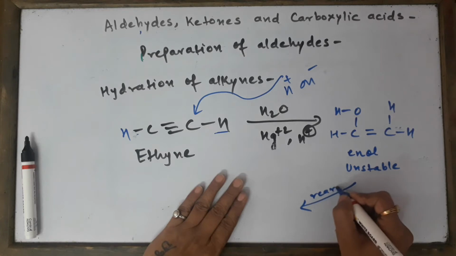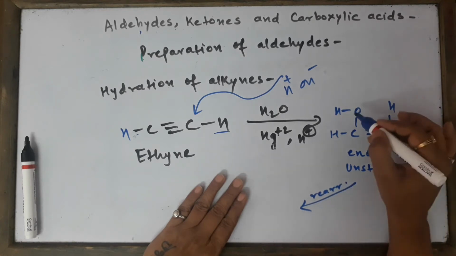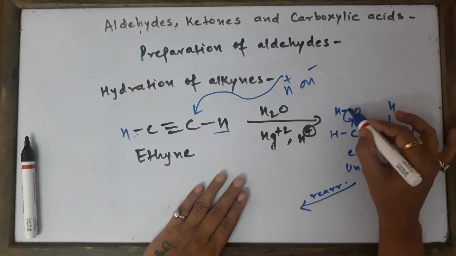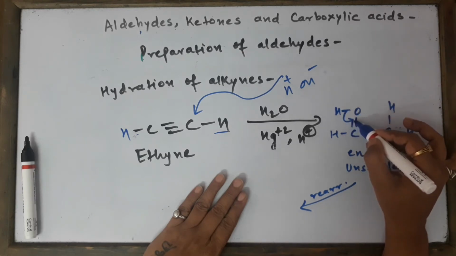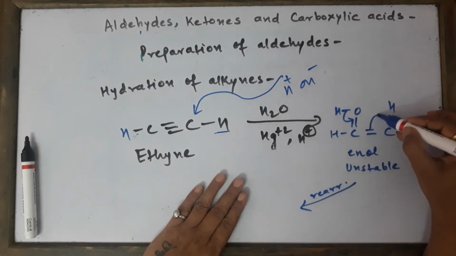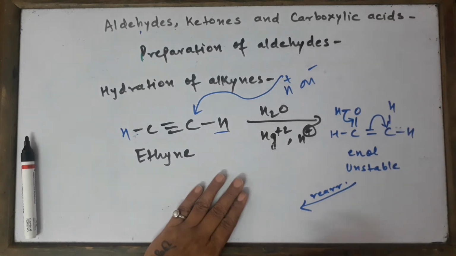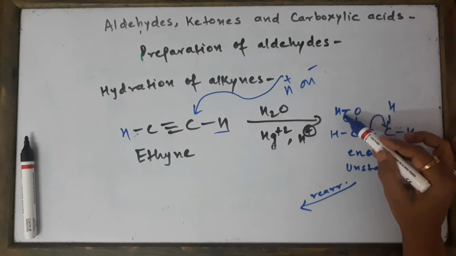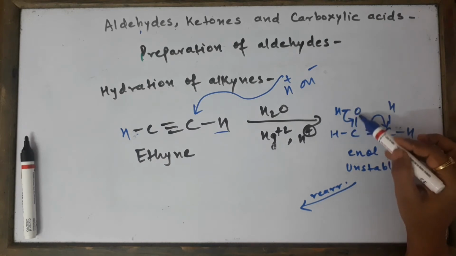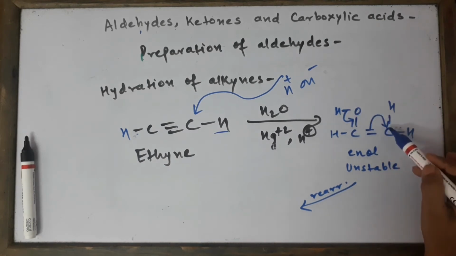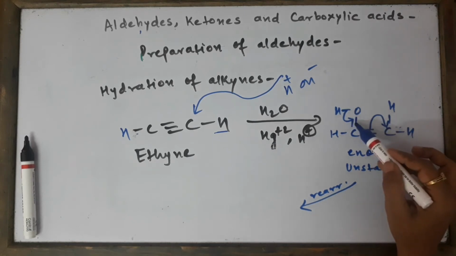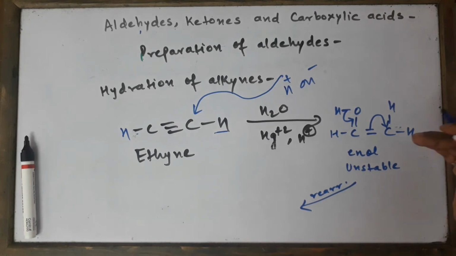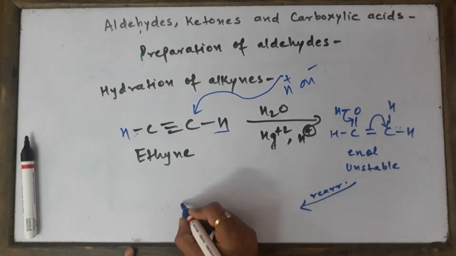It will start undergoing rearrangement, and this is the way it happens. The single bond, the electrons come here and these two electrons come here. Look at this. We should know this movement of electrons in the exam. So the hydrogen is giving its electrons and we are getting a double bond O, and this double bond is becoming a single bond. The single bond is becoming a double bond and a double bond is becoming a single bond, so that the compound goes from unstable to stable. We will get this answer.